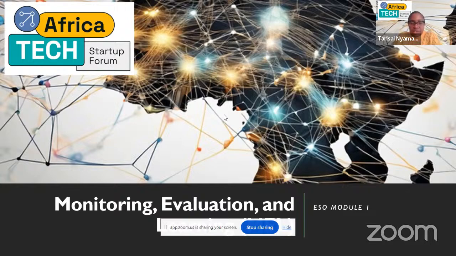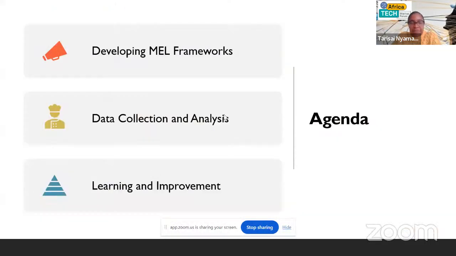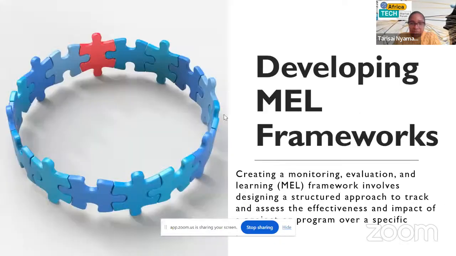So in today's session, we're going to cover three key areas: how to develop monitoring, evaluation, and learning frameworks, data collection and analysis, as well as learning and improvement. So to kickstart,